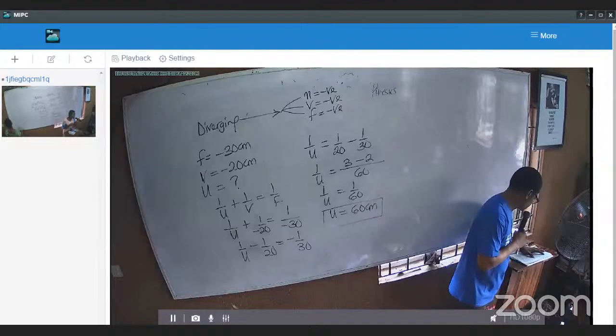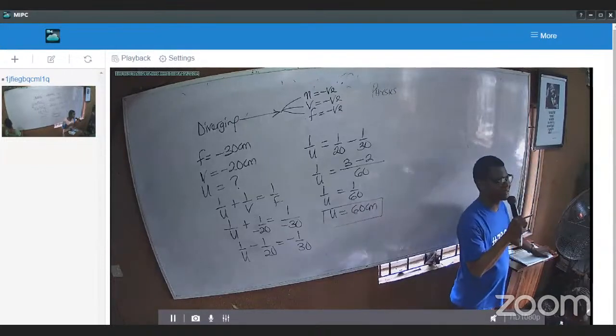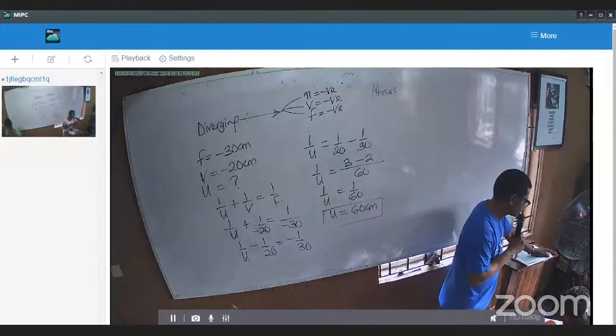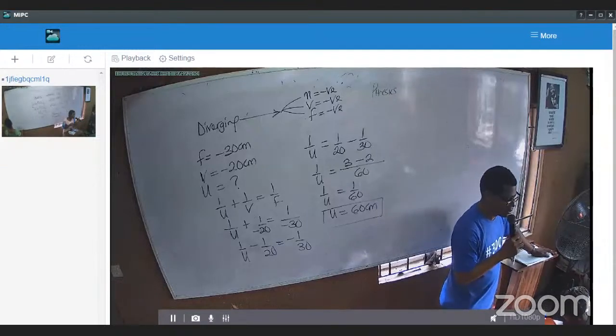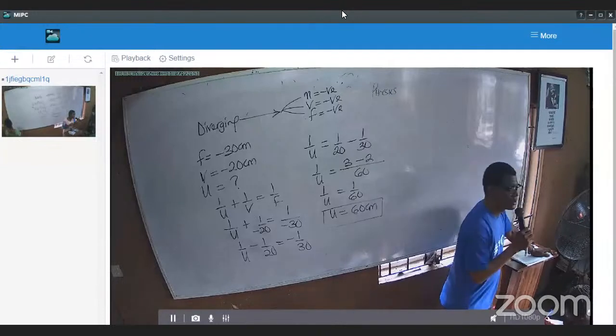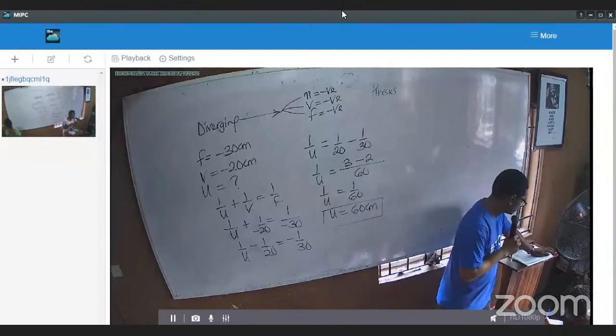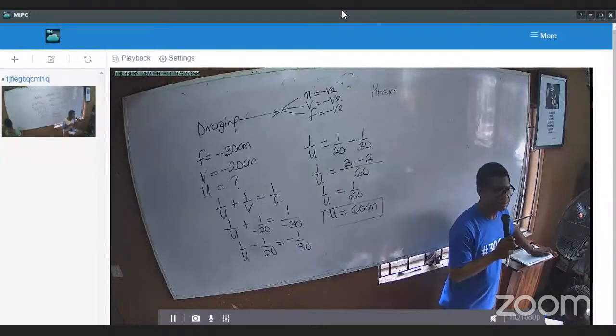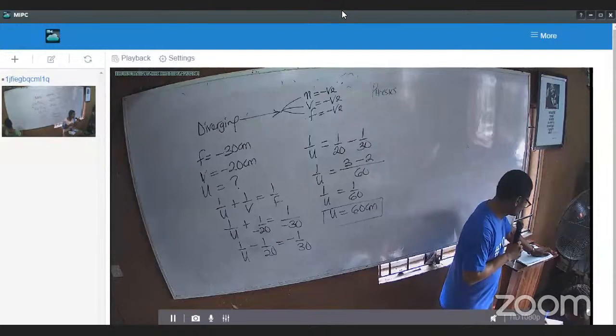Number 6. Refraction of light differs from reflection in that